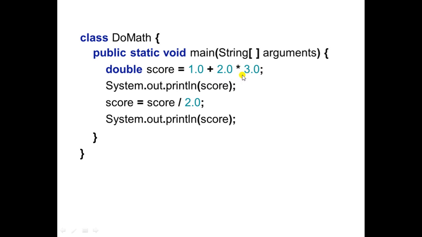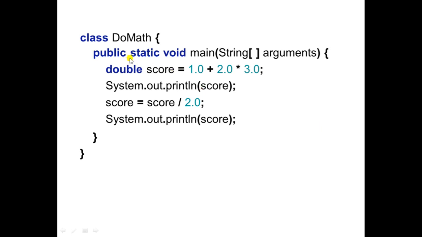Compute. The first is multiplication, 2.0 into 3.0, which is 6.0, plus 1.0. So it will be 7.0, and that will get stored in score. After this statement, one memory block will get created in memory, named score, of type double, with value 7.0. Then on the second statement,